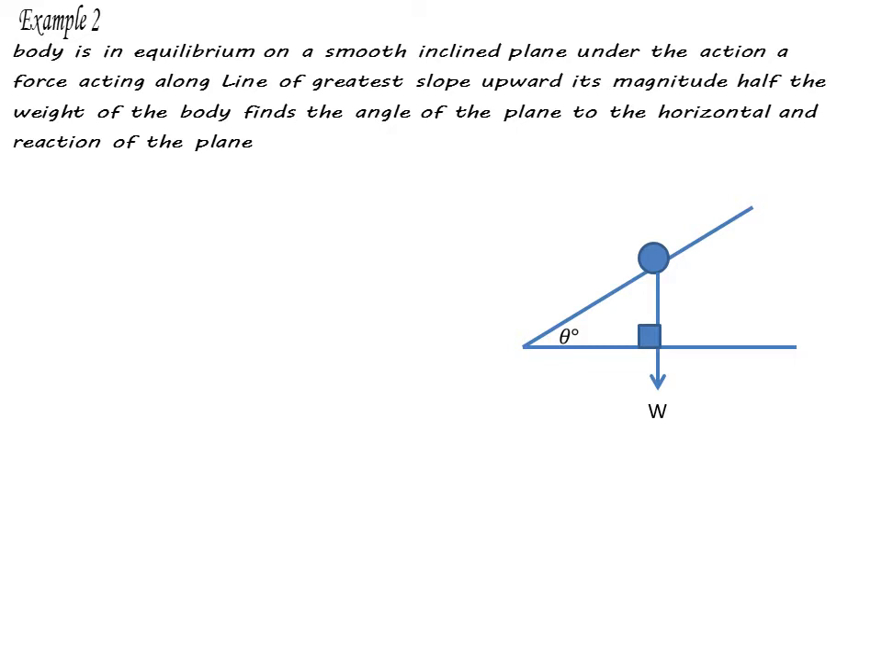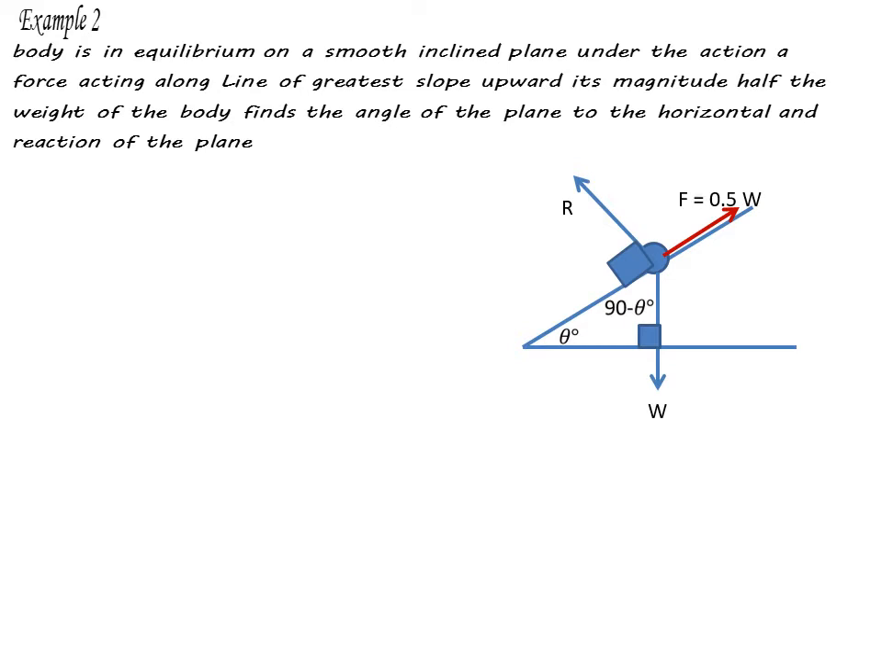Look at the triangle here. We have 90 and theta. Of course, if we have one angle equal to 90, that means the sum of the other two acute angles will be 90. One of them equals theta, so the other will be 90 minus theta. Then the reaction of the plane makes 90 degrees with the plane, right? Then the third force will be in the direction of the greatest slope of the plane. That means going up like this, and the magnitude of this force equals half W. Now we have three forces, and